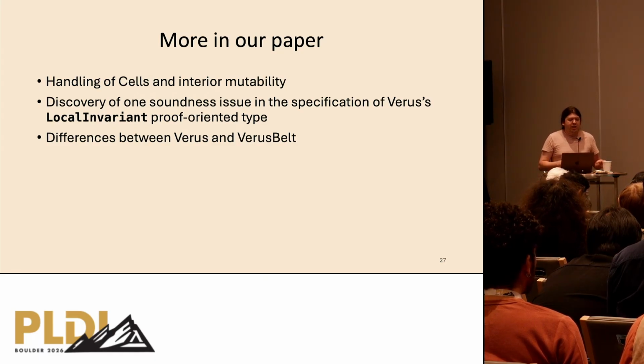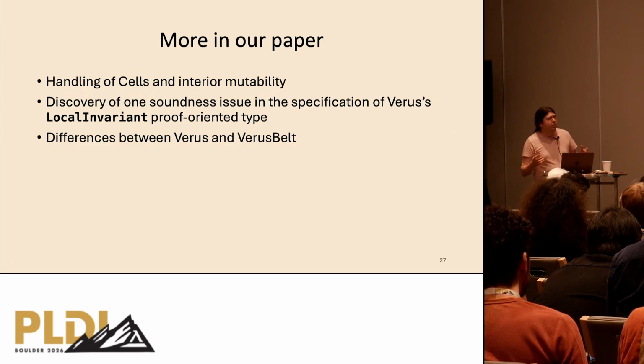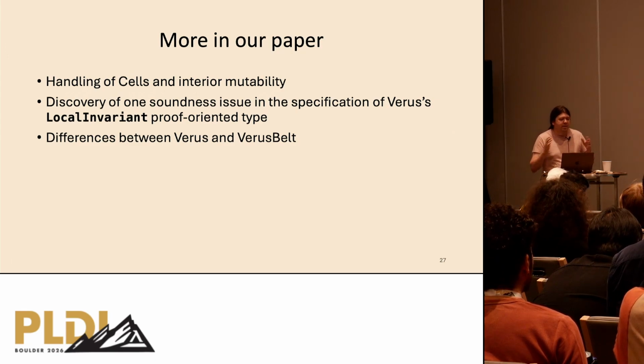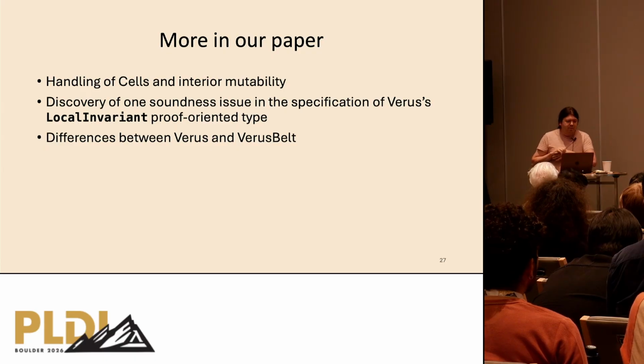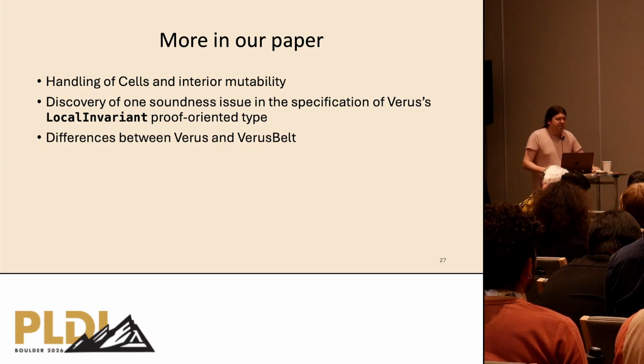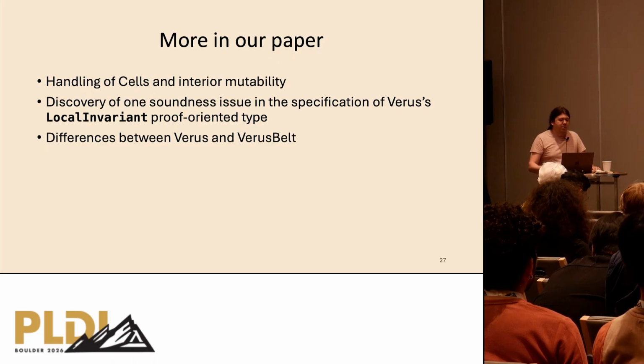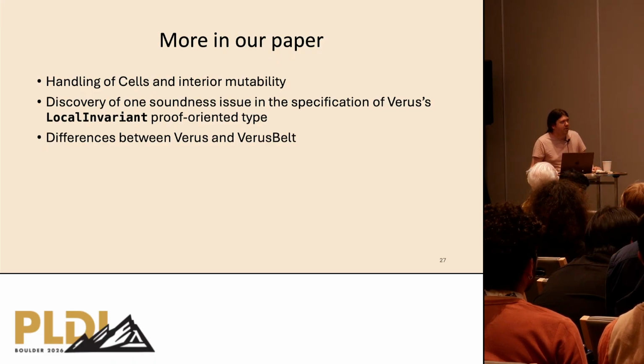So one challenge is the handling of cells and interior mutability, which, you can read all about that. That turns out to be fairly tricky. We also identified one soundness issue, actually, in the specification of one of these proof-oriented types called local invariant. And we also were able to come up with a mechanism for fixing that soundness issue and prove our fixed